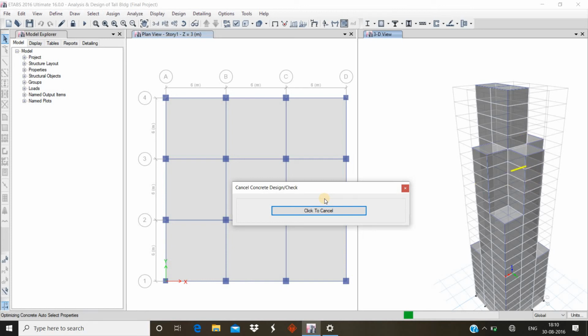You can see the horizontal movement of the beams, the yellow marker.